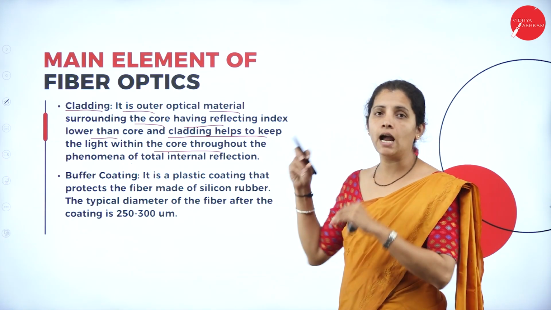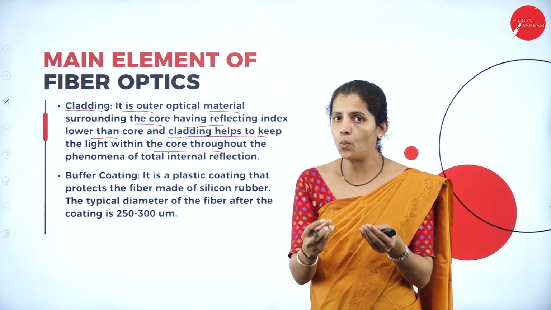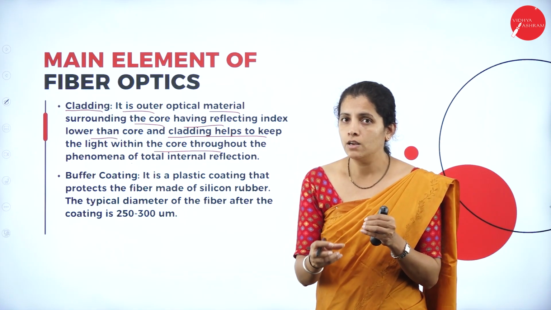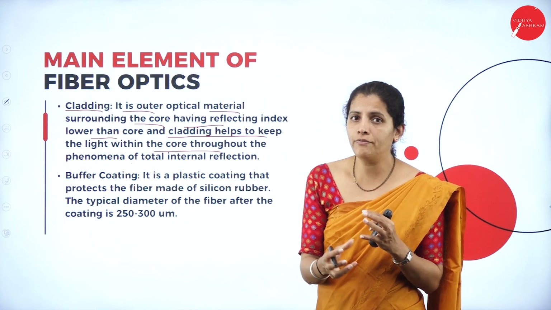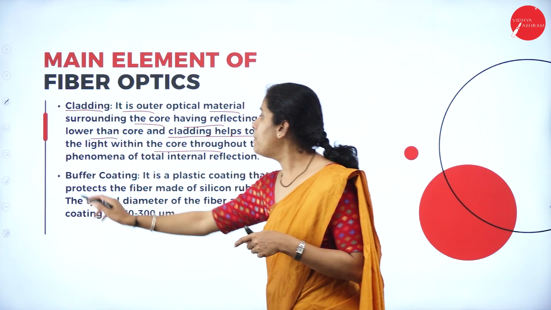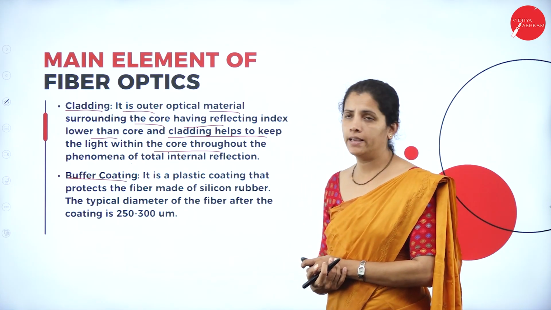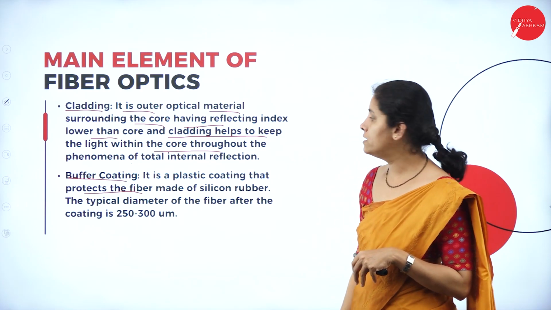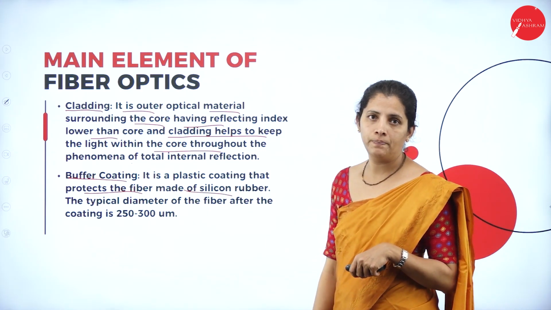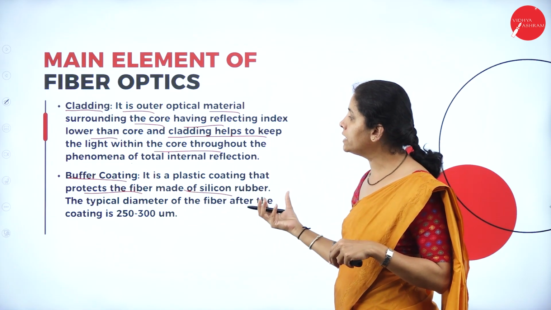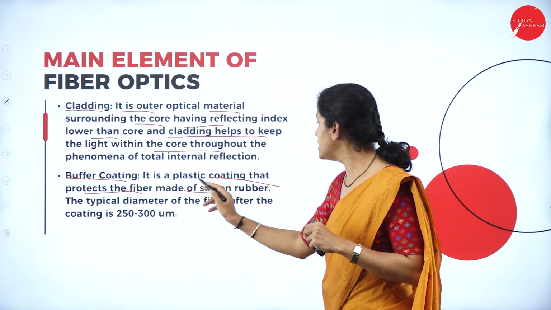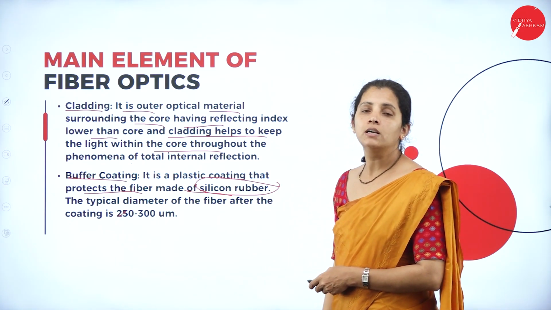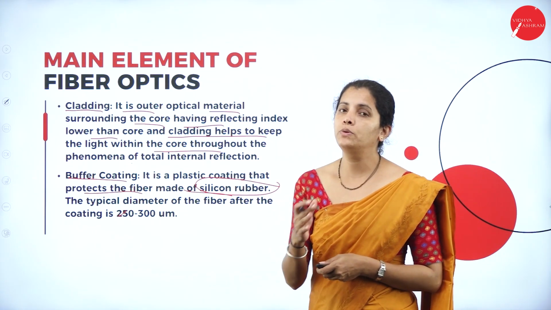So dear student, whatever data I send is in the form of light. When light reflects, in return we do not get the same data or same signal. Now, to manage light reflection, I have the cladding. Then there is the buffer coating. It is a plastic coating outside the cladding, made of silicone rubber, and it protects the fiber. So here the buffer coating is responsible for protecting the fiber optics. And what is the diameter? It supports 250 to 300